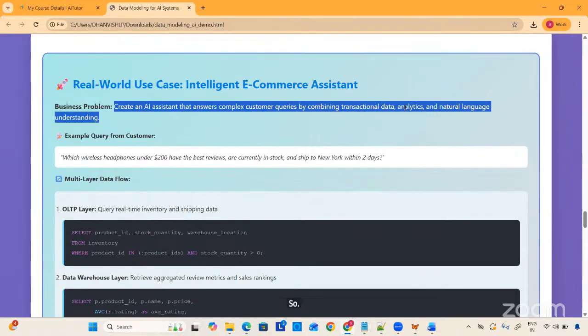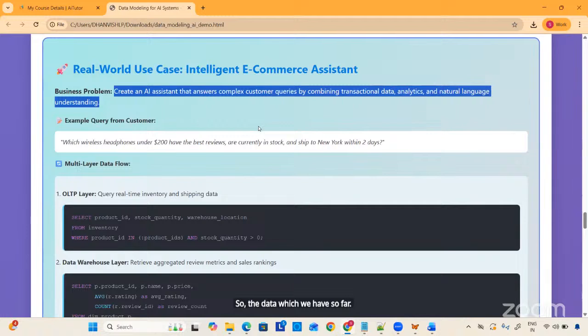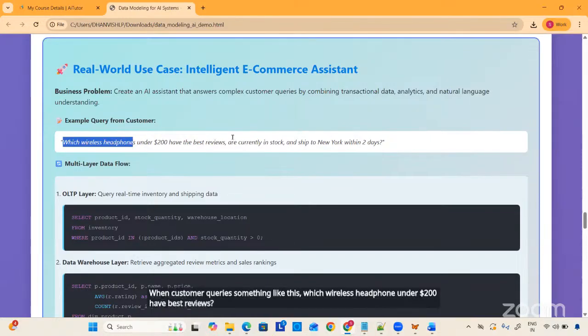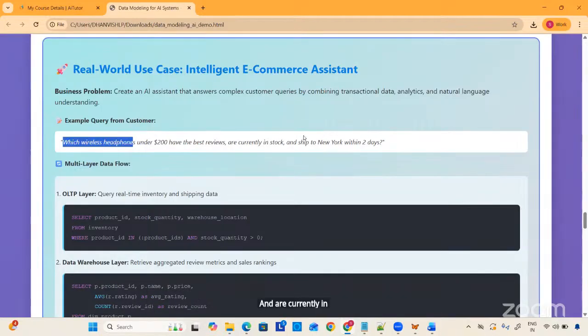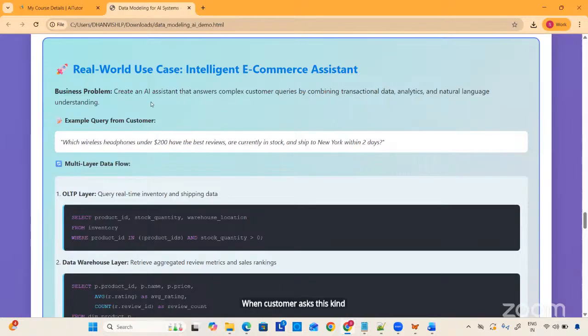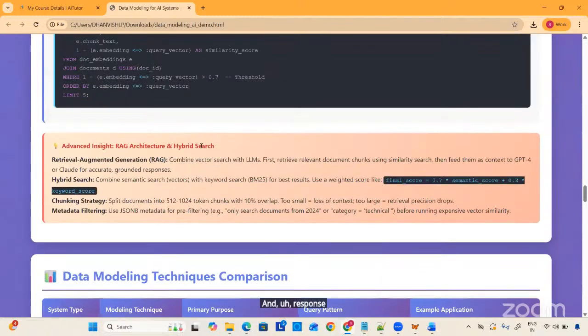by combining transaction data, analytics, and natural language understanding. So the data which we have so far is in databases and data warehouses. When a customer queries something like this: which wireless headphones under $200 have the best reviews and are currently in stock, and are ready to ship to New York within 2 days. When a customer asks this kind of question, the AI assistant should be able to give the right response, and the response is given by the LLM,